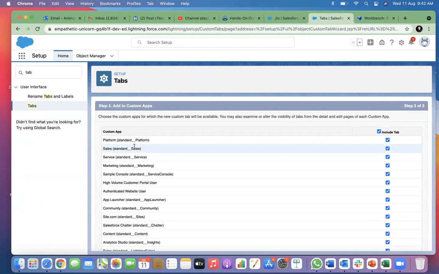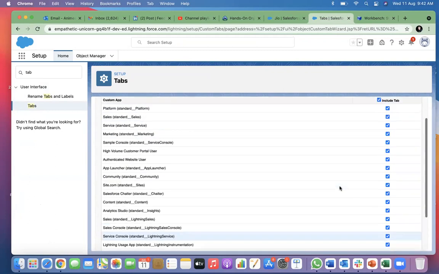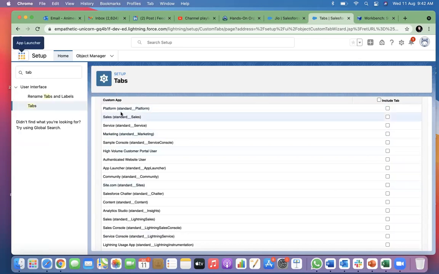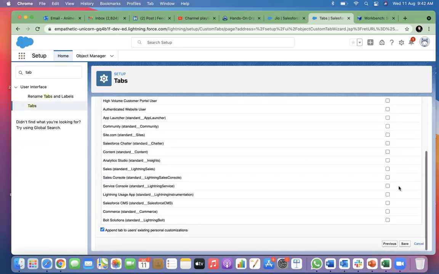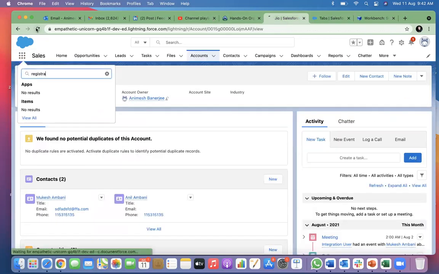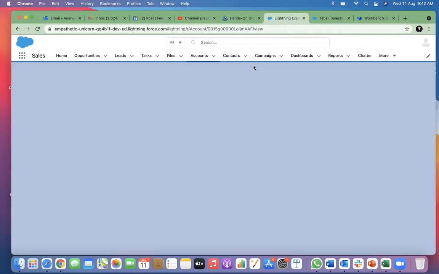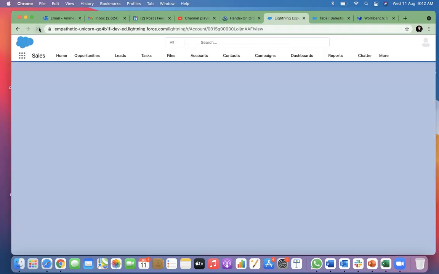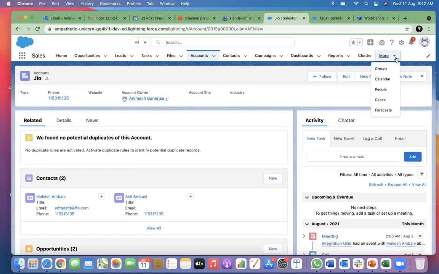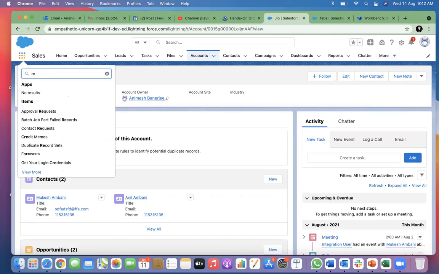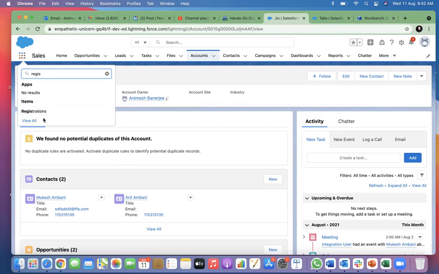We'll explain this later. Just do a next. This is the application you want to add this to. We talked about this, right? There are several apps. This is the app launcher. So in which app do you want to add this tab? I will add this on the sales application. Here is the sales application. Save. If I do this, I refresh this sales app. Now you see, registration has come.